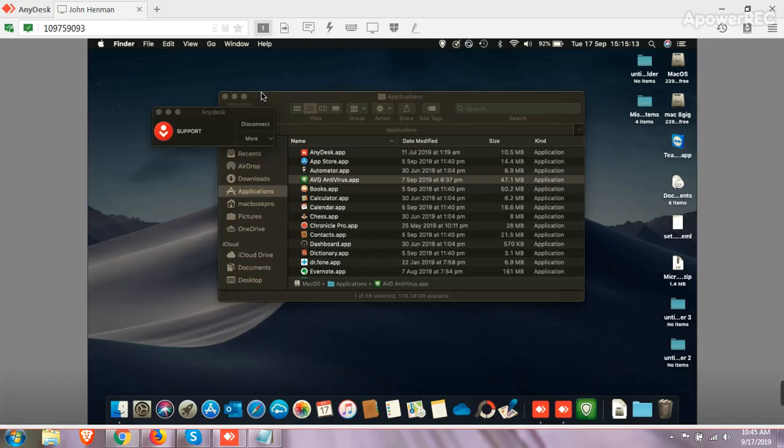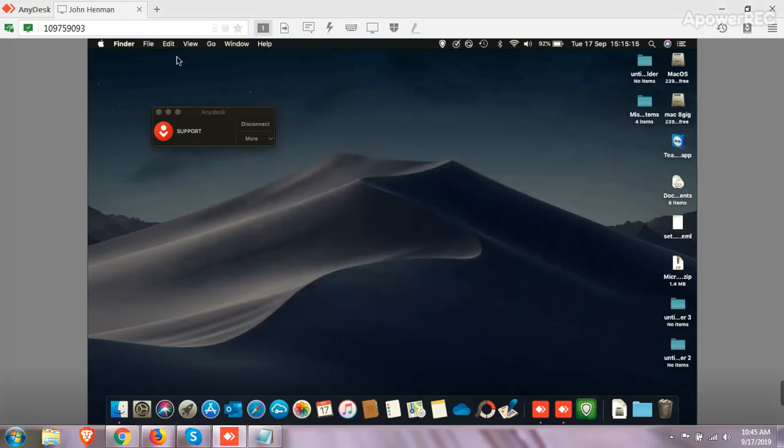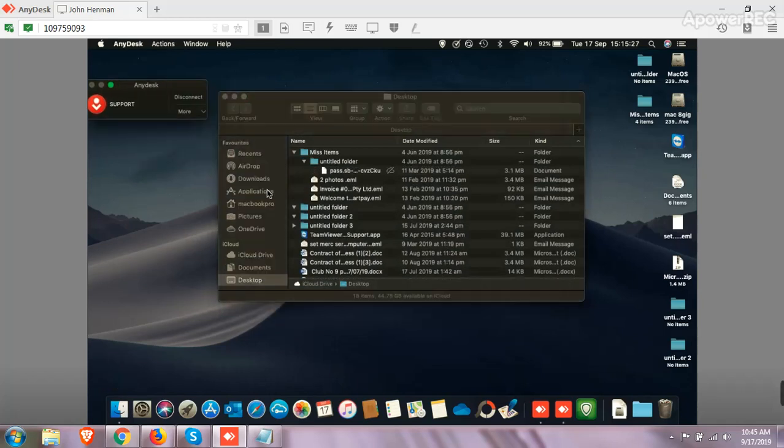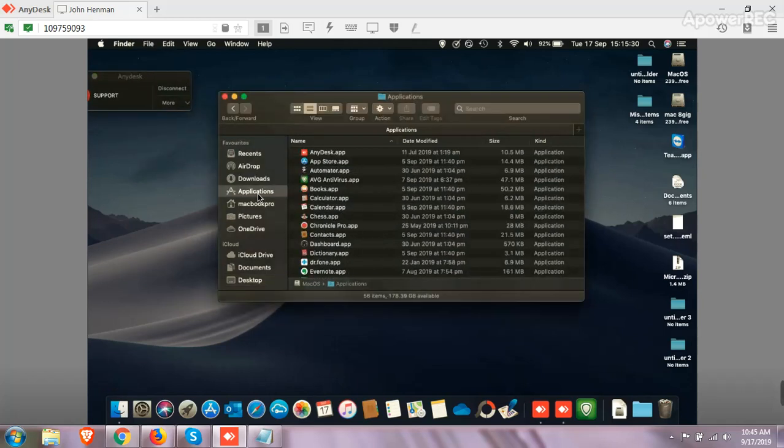So here, first of all, you will have to log into your computer, and you can go to the Finder. Here you can see at the left bottom corner the Finder option is coming up. Then go to the applications option. This is the application. Now you need to find the application, the software or the antivirus you want to uninstall from your program. So here I want to remove this AVG antivirus app from my Mac computer.